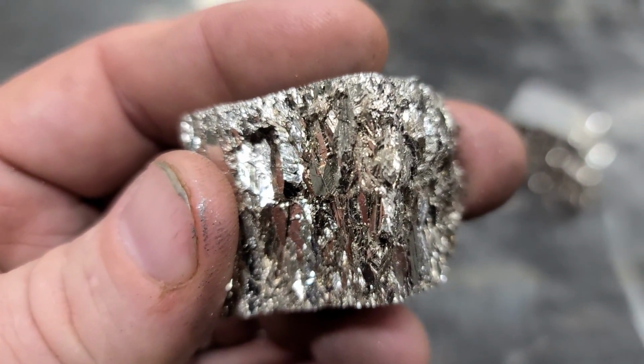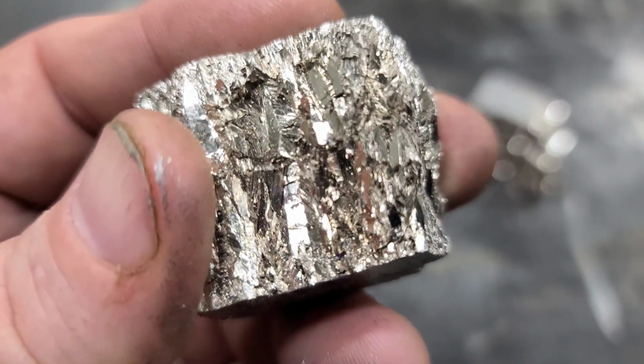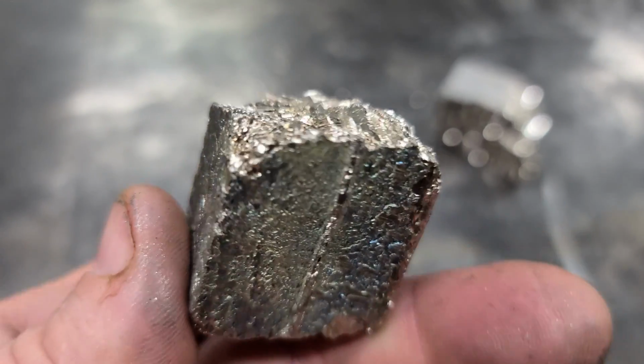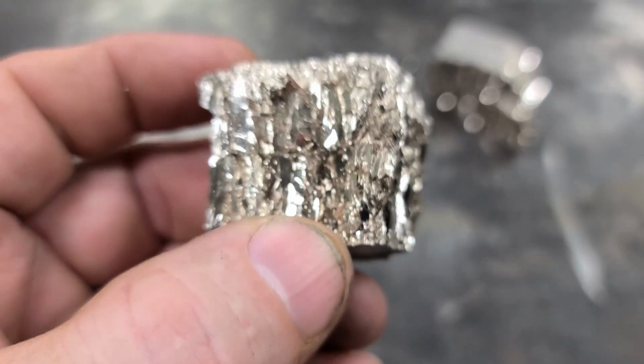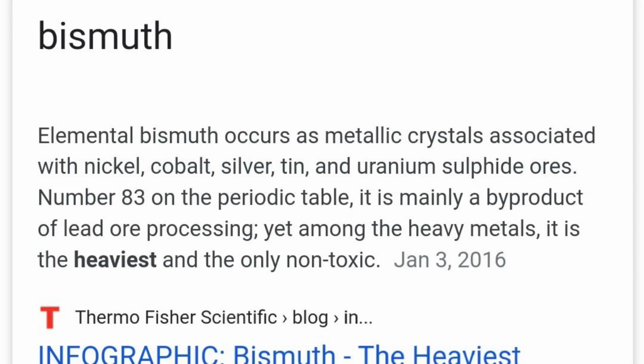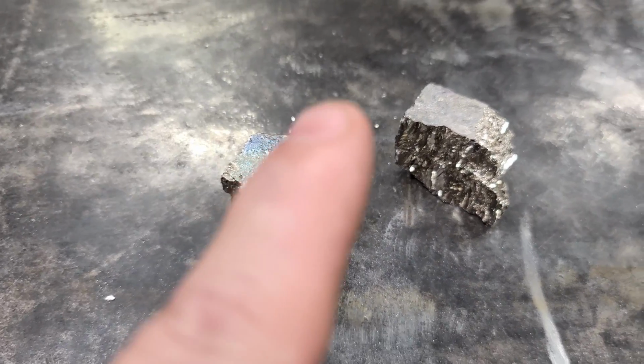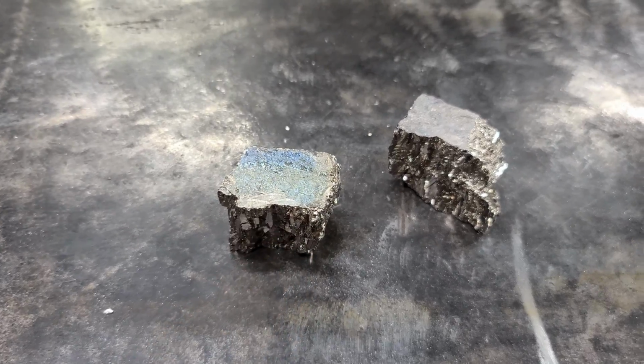The reason why is lead's a lot denser than bismuth. I guess it has like little air cavities or something in it. I don't understand it either. But bismuth is heavier than lead, but it's not as heavy as lead. I'm just saying. Anyway, we want to take this bismuth or bismol, whatever you want to call it, and we're